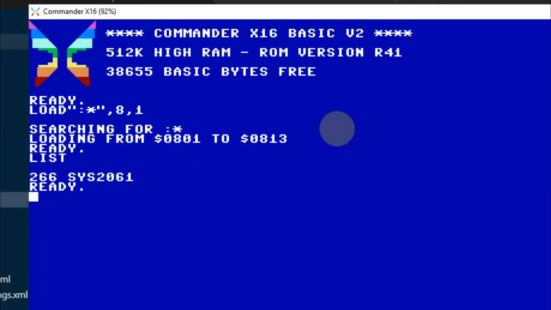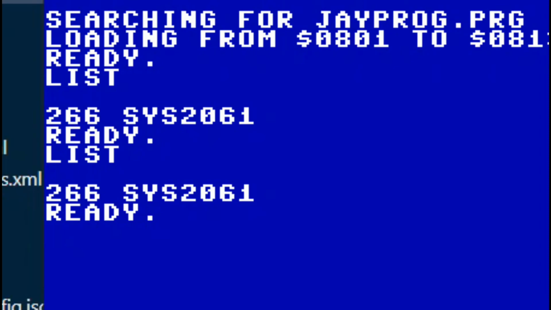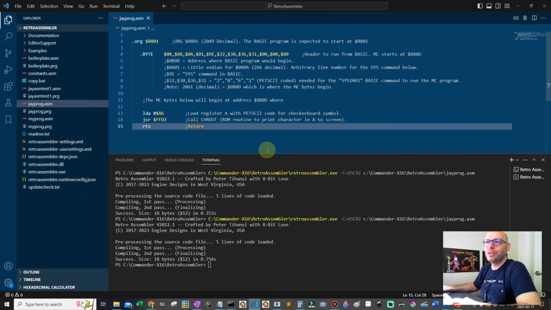And now if I manually reload it, load jprog.prg and press enter, it says it reloaded it successfully. Now if I do a listing, let's see what line number we get. Oh, we get the same value of 266. And can anyone guess why we have the same value of 266? So after you stop laughing, then I'll explain why that is, because, and I've done this before in previous videos,